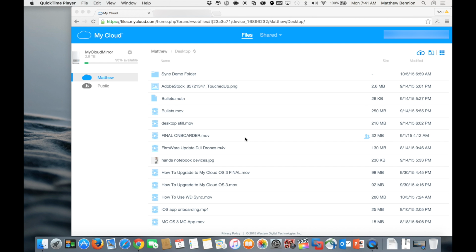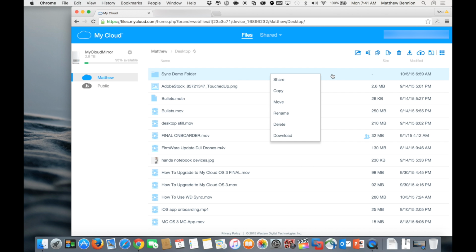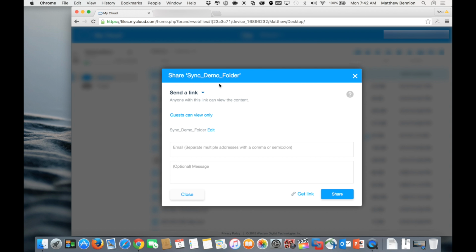So first of all, here I am. I've got a folder. I can right-click this folder to bring up this option menu, or if I simply select it by clicking one time, the action bar pops up, and you can see we've got some options up here. But what we really want to do is talk more about sharing, and within sharing there's a couple of different